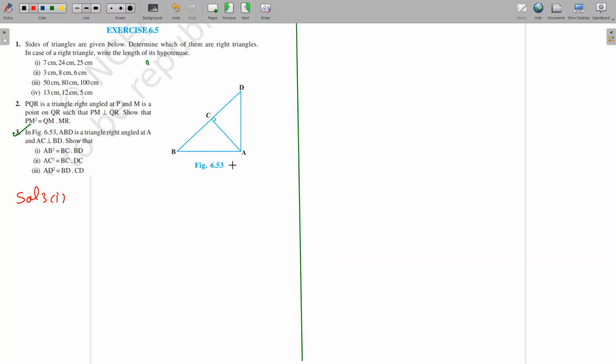Since we have to take AB square, this AB should come 2 times. So we will take the smaller triangle in which AB is there and the bigger triangle in which AB is there. So in triangle, suppose we take BCA. We have to write the order of the triangle in such a way that the two triangles become similar. So in triangle BCA, if we see the bigger triangle and the smaller triangle, angle B is common. So here B is coming first.